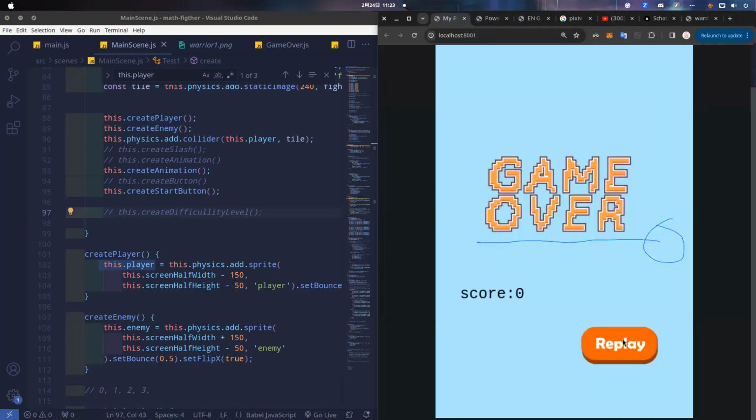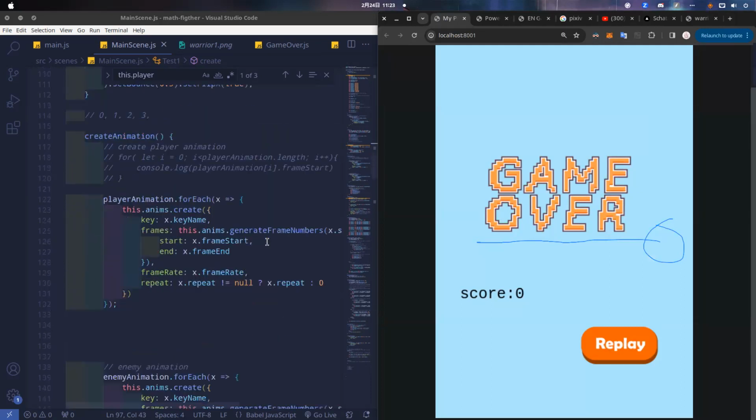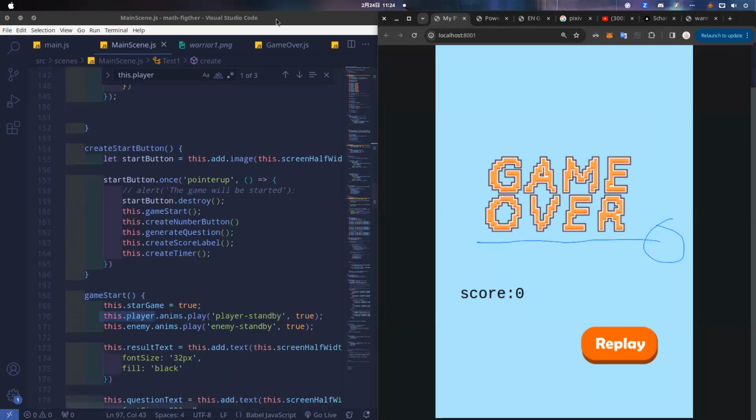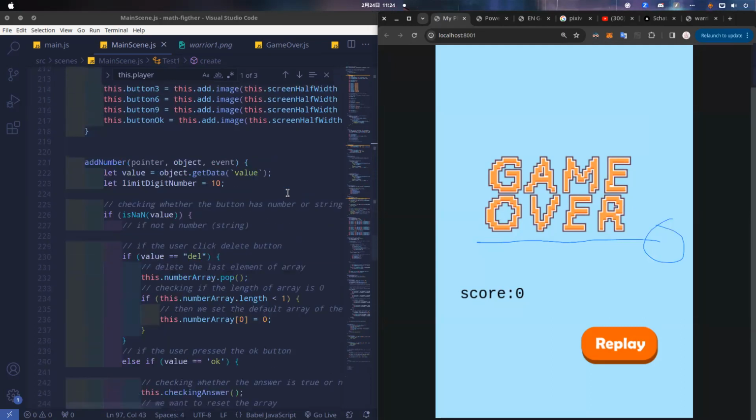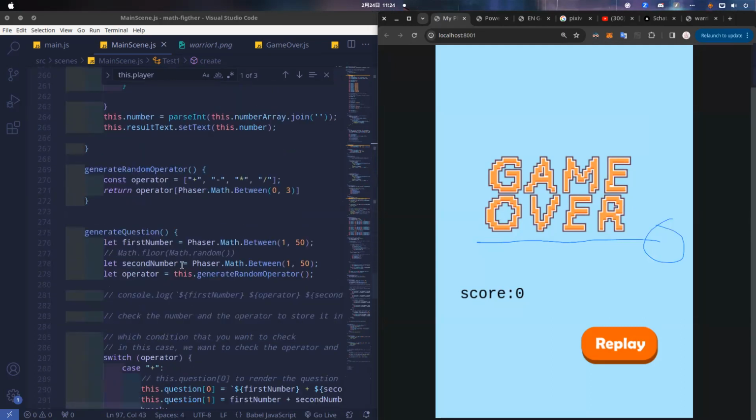Now, for example, you want to develop your previous games, and you want to add a new number for the calculations. How do we do that? It will be quite simple. You have to understand which script is related to that. For example, go to generate questions. This is one generic question.